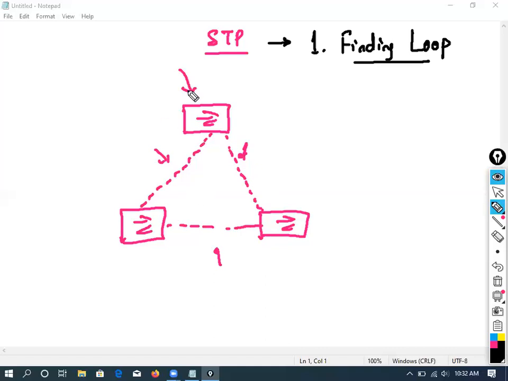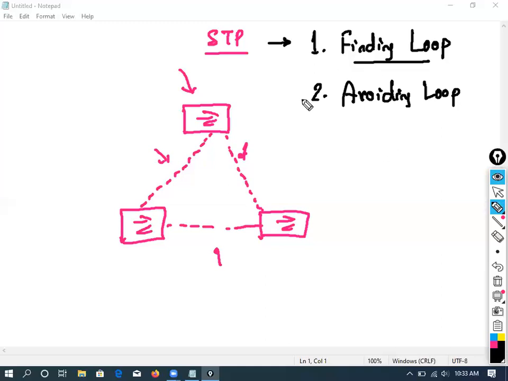But how does the switch identify? So the first step is to find out the loop. And the second step, it will try to avoid the loop. Finding the loop, then avoiding the loop. Clearly understand?